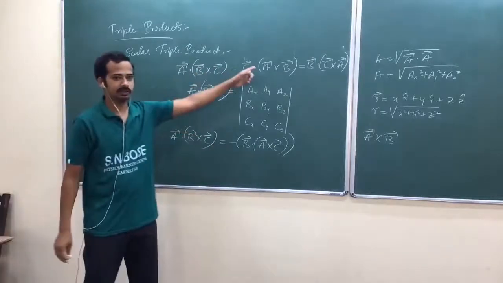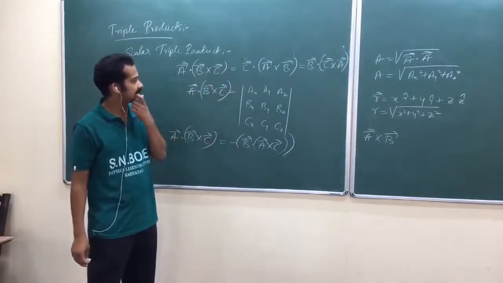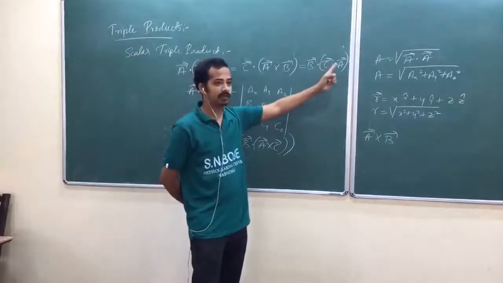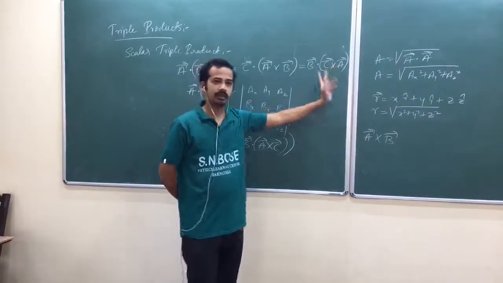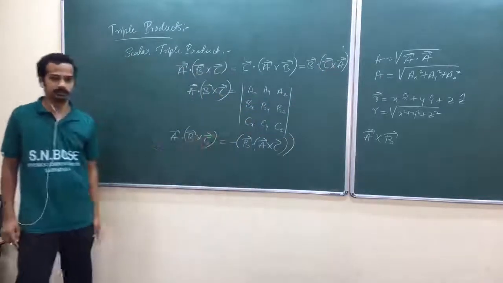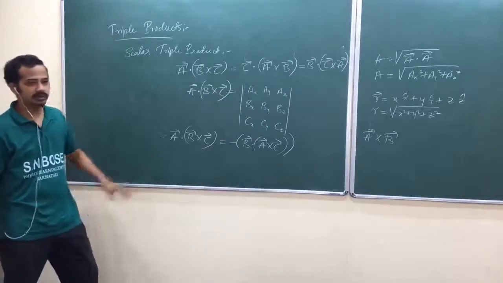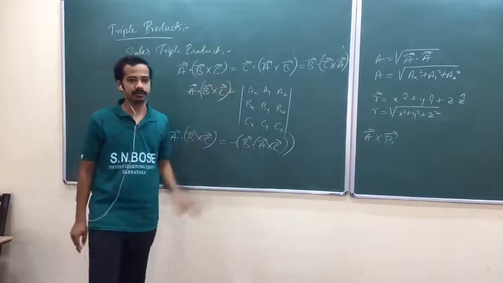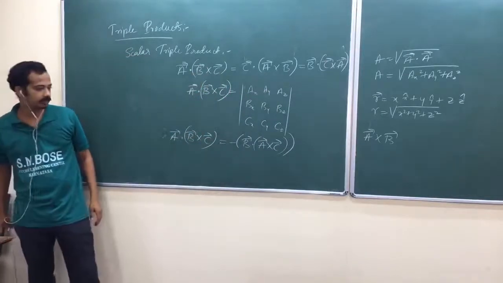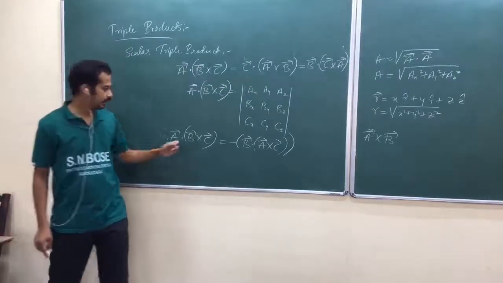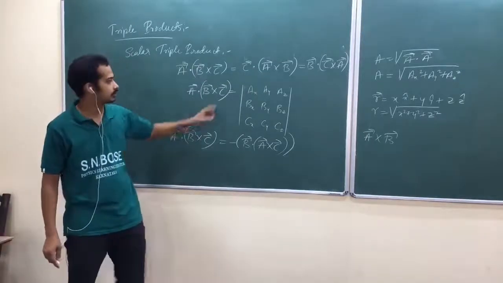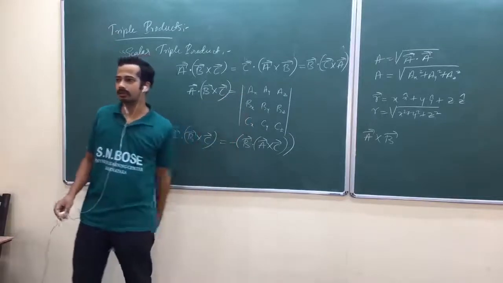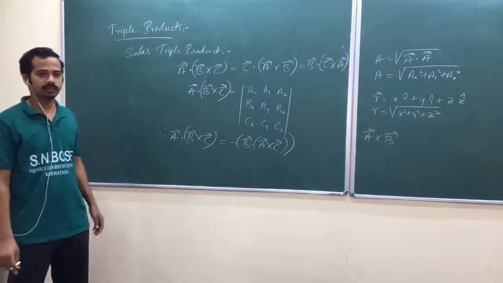Don't think that we have equated here. Look at here, B dot A cross C is not there. B dot C cross A is there. Now take this one. So C cross A equals minus A cross C. Dot product is commutative. Again, you can prove this. Once you write that as a determinant, then its properties become properties of the determinant. Isn't it? So interchanging any two vectors here is equivalent to interchanging two rows. Am I right? Interchanging any two rows will change the sign of the determinant, isn't it?